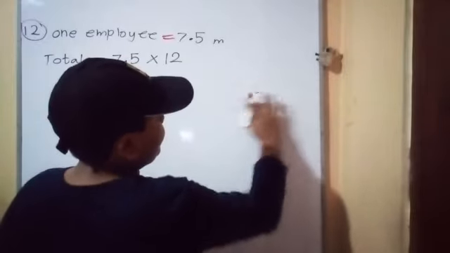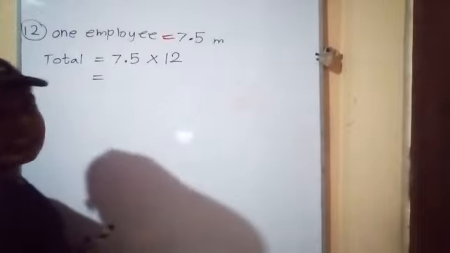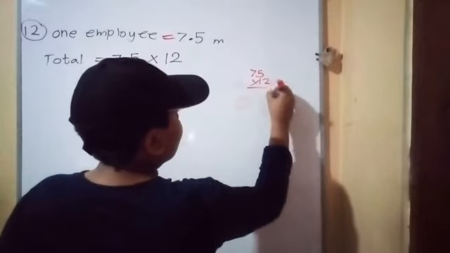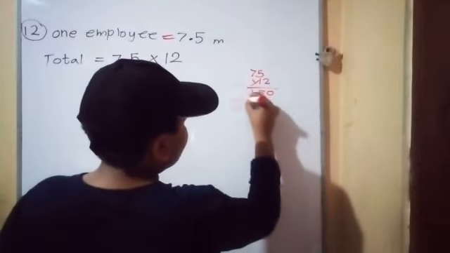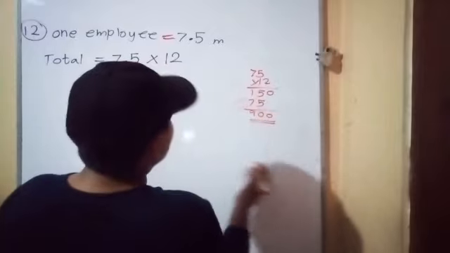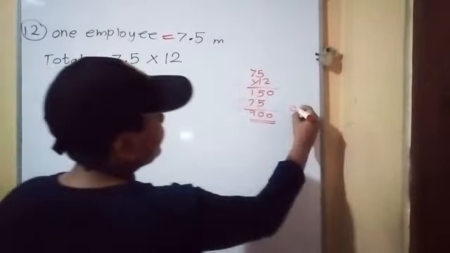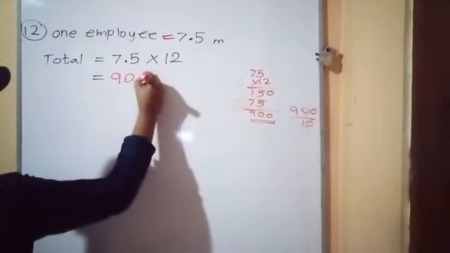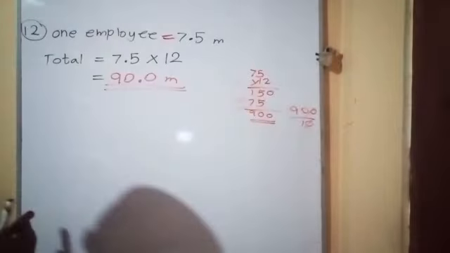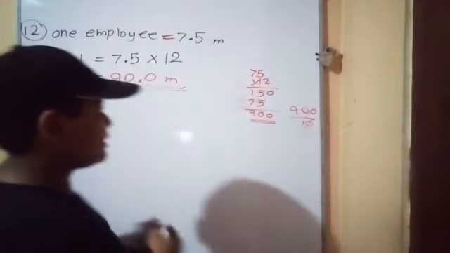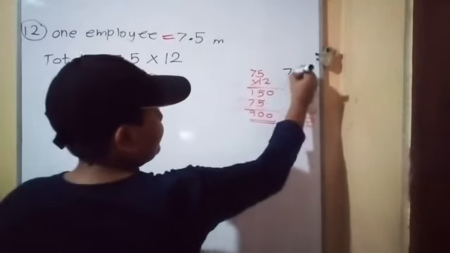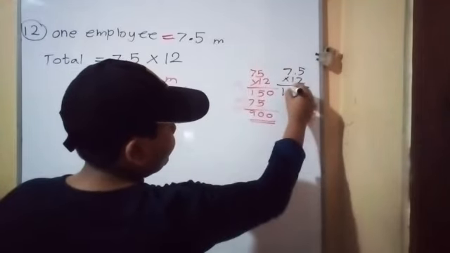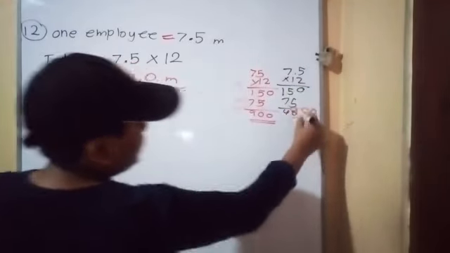Now very easy here. Firstly get the 75. The next one, 75 multiplied by 12 is 900. Now there I have a decimal point. Now 900 divided by 10, that means there remain 90. That means you can name this as 90.0 meters. You can multiply that like this also. You get 0. Now 7 plus 2, 14 plus 1, 15. There are 5, 7. Like this also you can get.